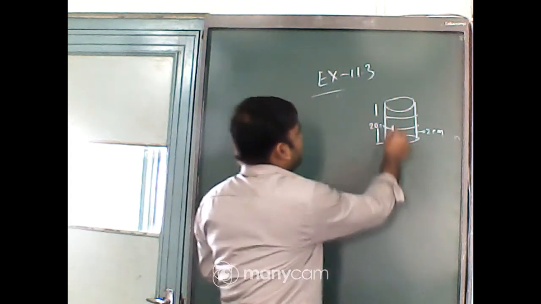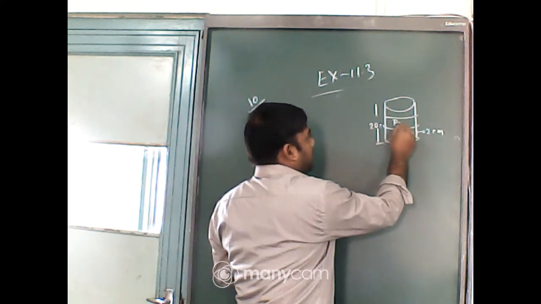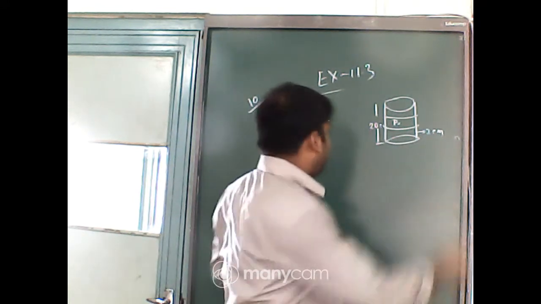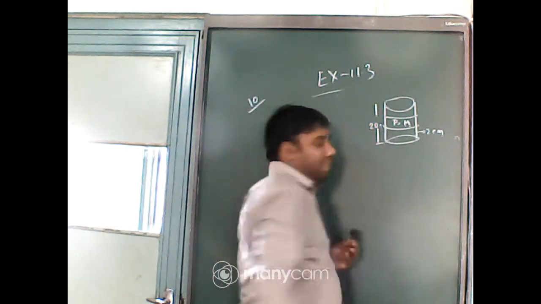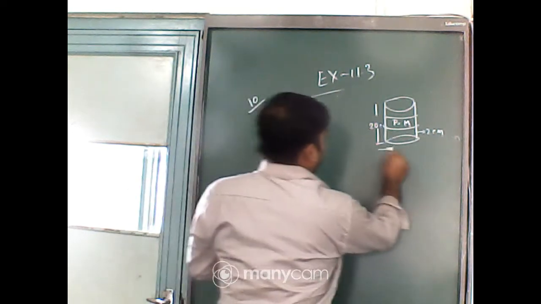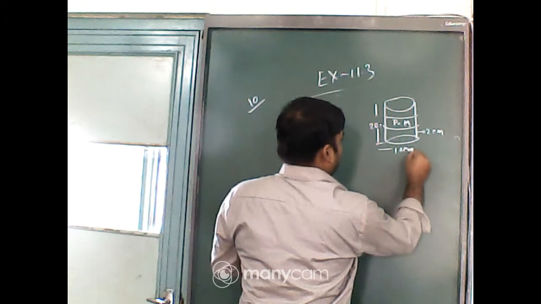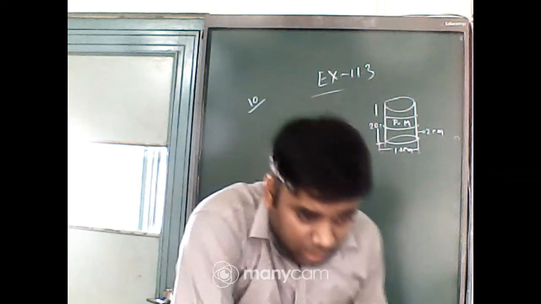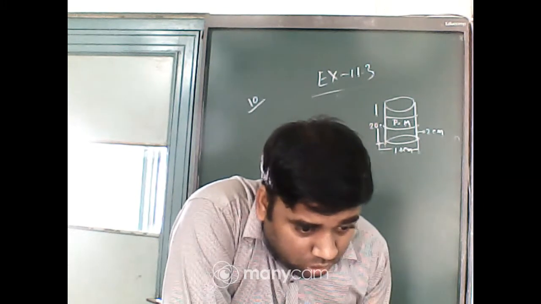Here it is given a label that is powdered milk, a label is given there, and the diameter is 14 centimeter. Okay, so the question is